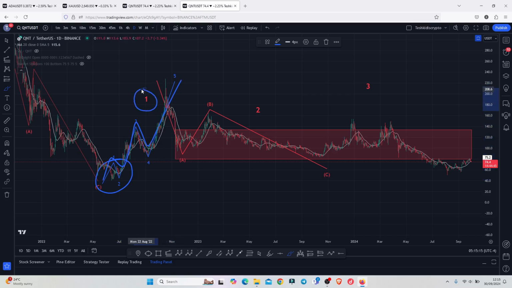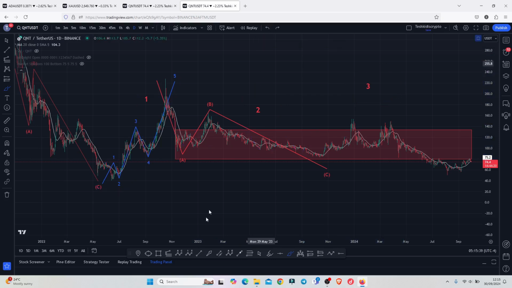Then after we saw the high for that Elliott wave count 1, we started a pullback in an Elliott wave count 2, with minimum target areas highlighted on the charts using this red target area, an area that we have now fully maximized, and there are very high chances that in the next coming days or maybe weeks, we are going to start that aggressive bounce to the upside in an Elliott wave count 3,